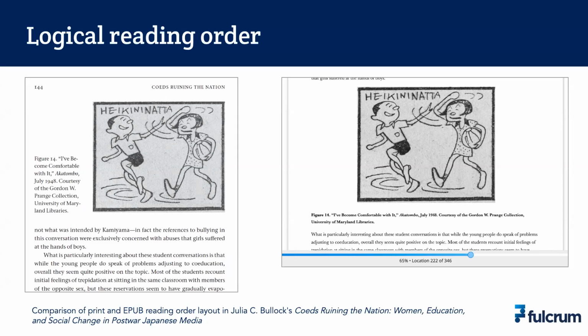So in the digital version, we've moved the image to the end of that paragraph. And so that when a screen reader is going through that content, it's not actually interrupting the flow. It's a sort of natural pause. End of paragraph, read the image description, read the caption, and then continue on to the next paragraph. So when you're designing digital layout, you don't want to interrupt that flow and you want to place the captions